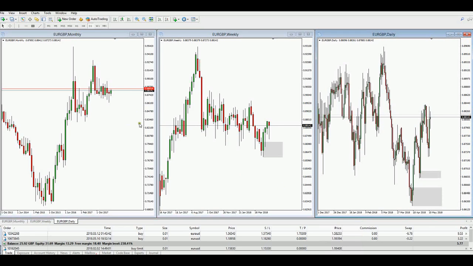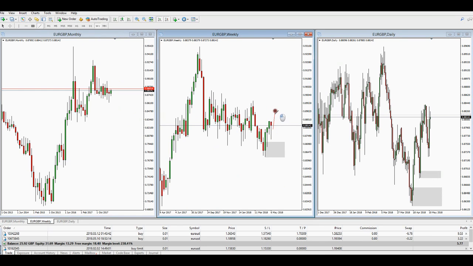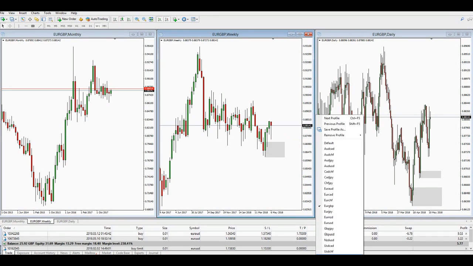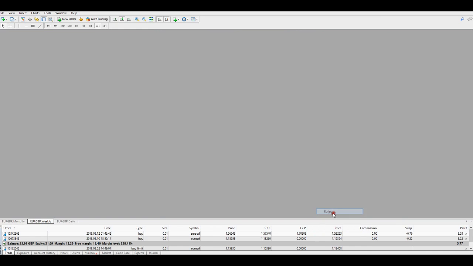Euro pound, again, there's no direction on the monthly. It's more like a flag pattern, an unusual one, drop and a flag to the downside. But if we're looking at the general pattern, there is still a little bit of room to come up, just a little bit, before it wants to drop a bit lower again, if it wants to, or it might continue higher. That's what it's looking at. Nothing to really trade on the higher time frame. Lower time frame would be in a short right now because we've taken out these levels, but for a target down here, you see, not big targets, you can't rely on it going any further.